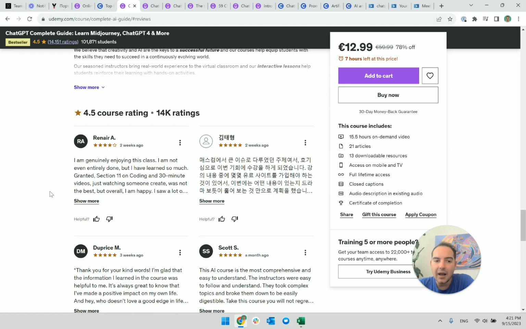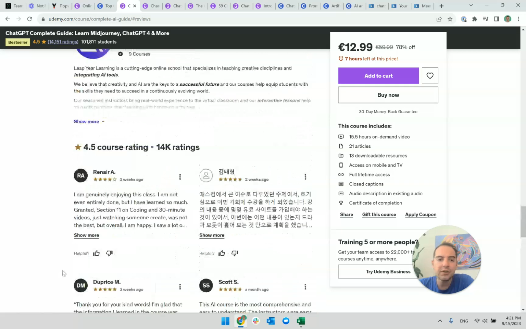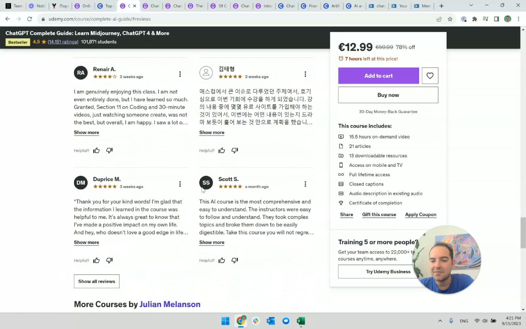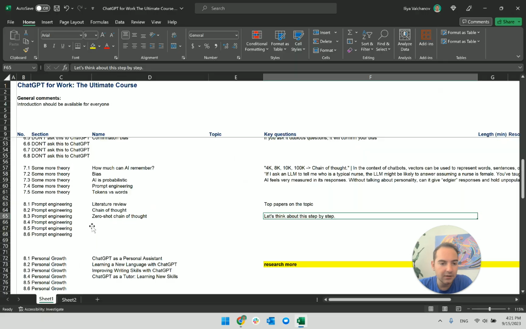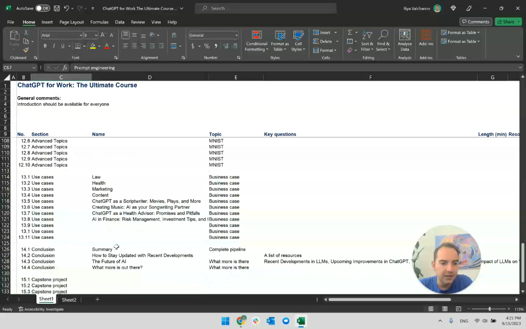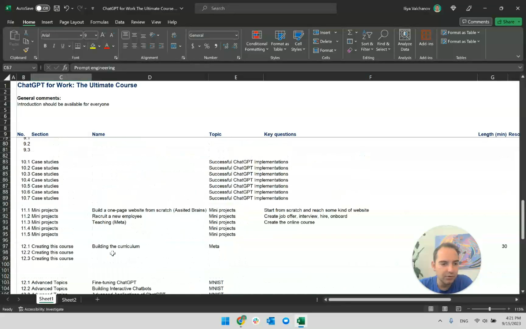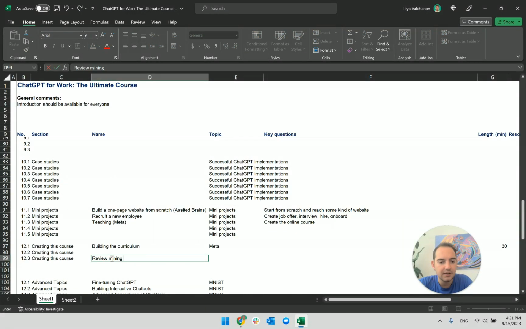Now, I would be doing this. I could do this even with ChatGPT, by the way. This is not a bad idea to try with ChatGPT. Okay, I'll do a separate lecture about it. I'll write it down, and yeah, this will be a top-notch use case. Review mining with ChatGPT, with LLMs.